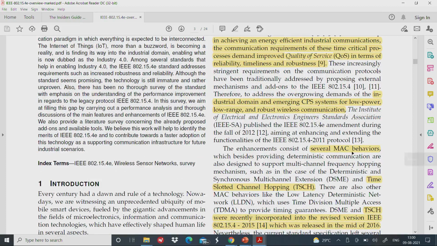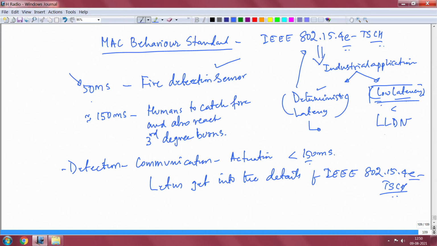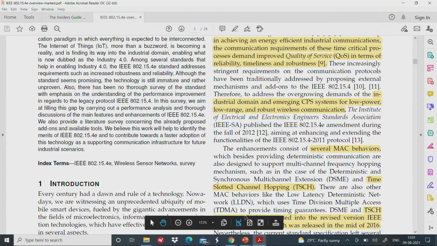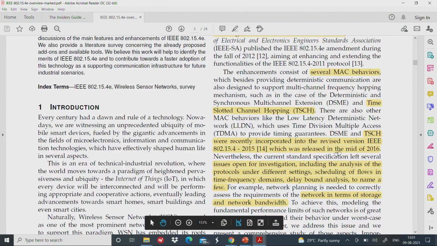I mentioned to you about the MAC behavior, and TSCH is one such MAC behavior. DSME is another MAC behavior. Low latency deterministic network is another behavior. Please note I had shown that here, this is LLDN in a way, okay. And what we have shown here is TSCH, great. So, all these things are there, and DSME is another type of MAC behavior, and TSCH, both of them were